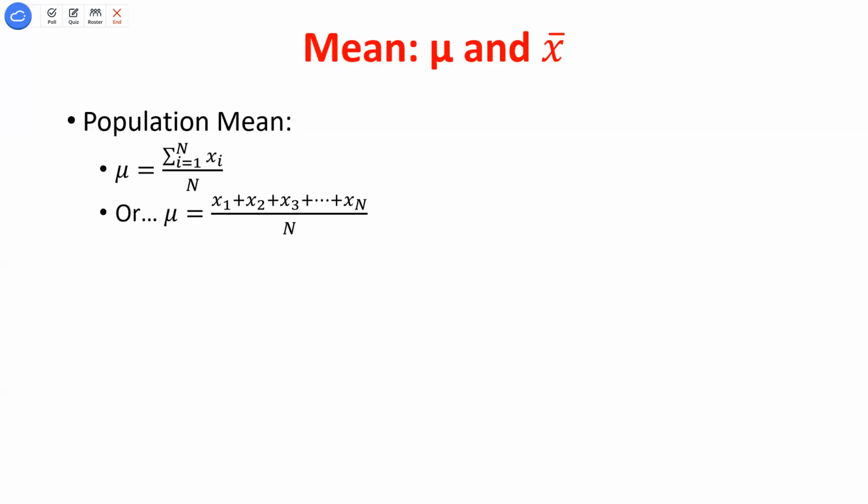Now, another way of writing this, instead of writing X1 plus X2 all the way up to thousands, is the capital sigma. This is what we call our summation sign. All this means, and we're only going to ever use it to say, is start at the first observation, go to the very last observation. All this summation sign is ever going to mean for us is do whatever's to the right of that summation sign for every single observation and add them up. Here, it's basically just take the value for every single observation and add them all up. That's all that summation sign is telling us. So if I were to write it out individually, it would look something like this.